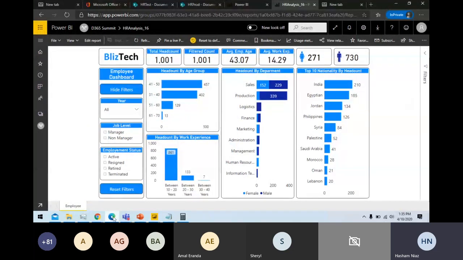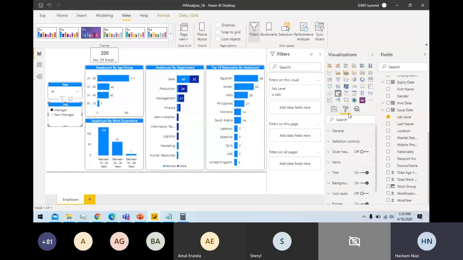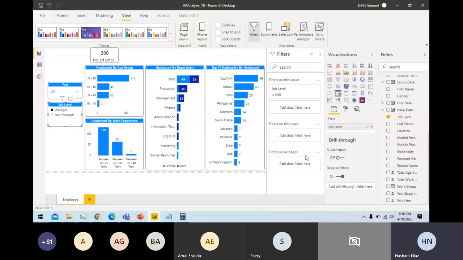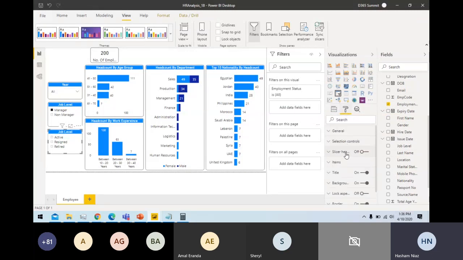Okay, so we have job level, and then we want employment status. So this is the thing, we want this title to be a job level thing. Now we have only, I guess, 20 minutes left, so I will try to rush a bit. So let's copy paste it here and do it by employment status. So we have employment status as well. So let's do it like this, employment status, and I adjust the title.